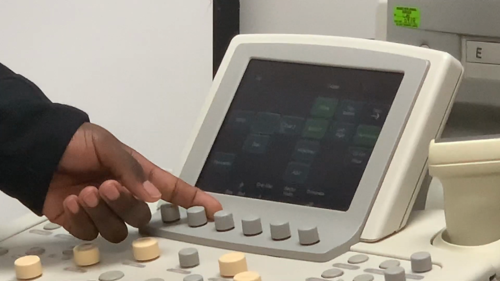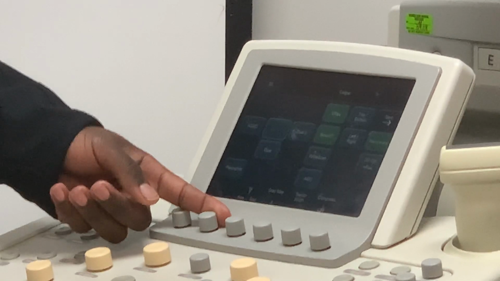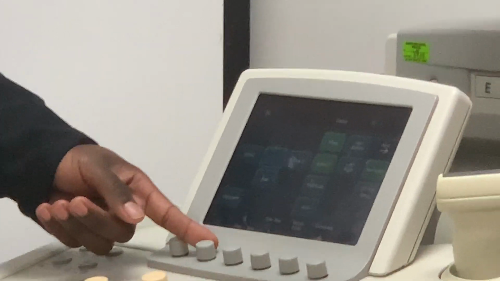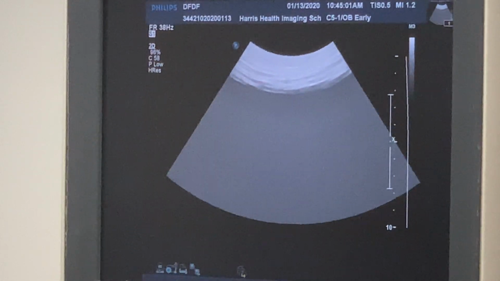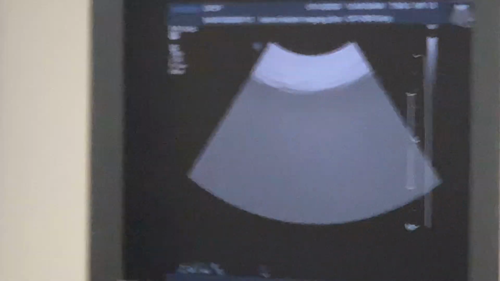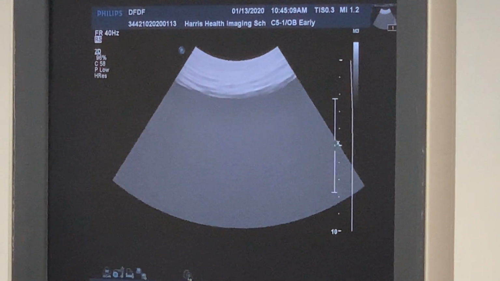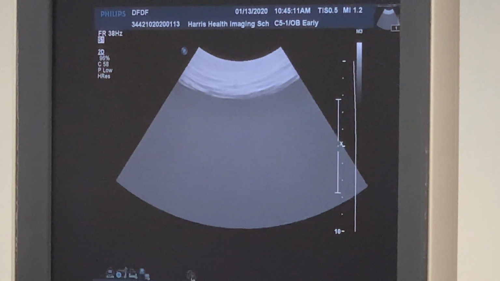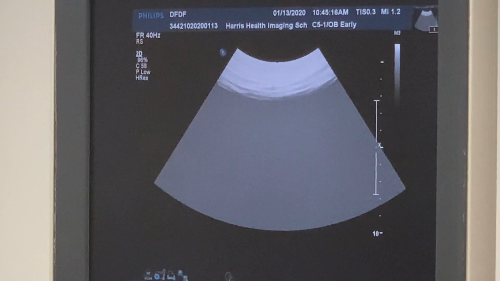So it looks like with the speed, when I go to speed, I'm losing contrast, right? It looks like I'm losing shades of gray, because that's resolution, that's speed. It makes it a little darker. And even if you look in the near field, you can see that it changes a little bit. Okay, so that's another way you can affect temporal resolution on this machine, by choosing between working with the resolution or working with